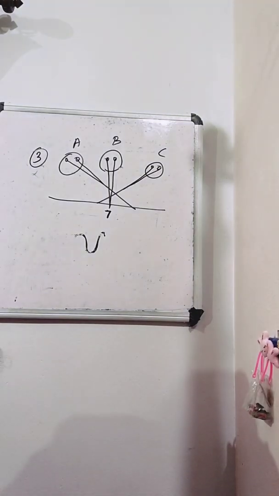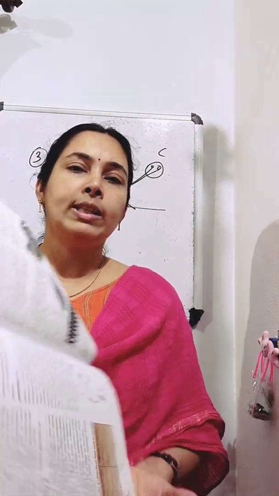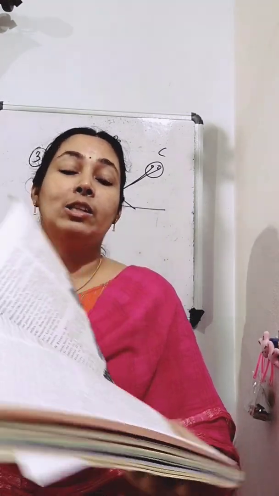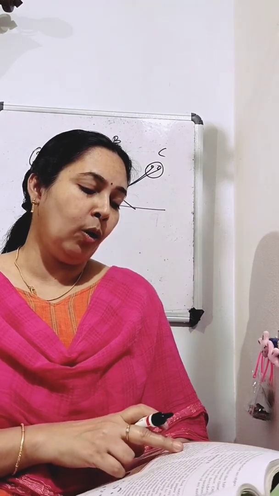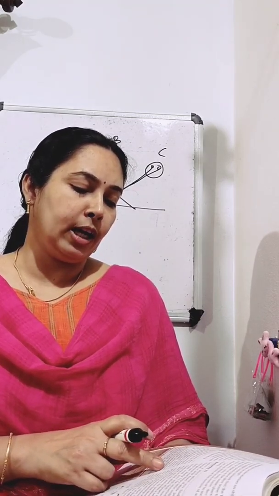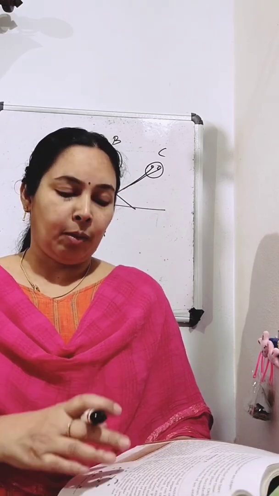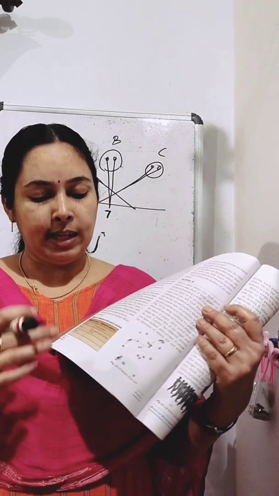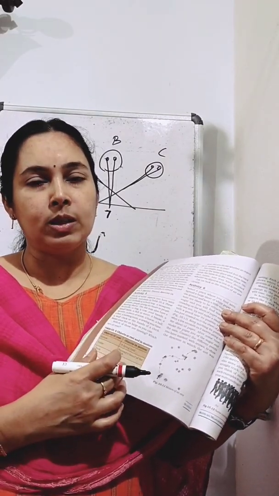Then next topic in your textbook is moving things around us. So a list of so many things are given in your textbook. There is a butterfly, dog, cow, your hand, a small baby, a fish in water, a house, a factory, a piece of stone, all this. From this you want to select which are the moving things and which are not moving. So one table is also given here.